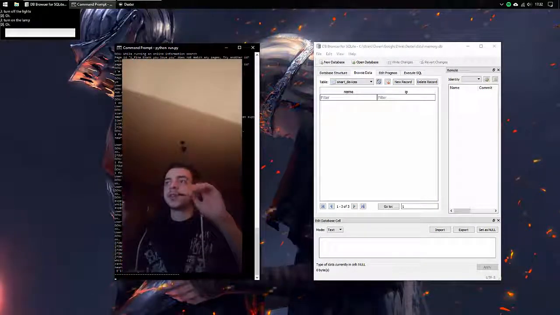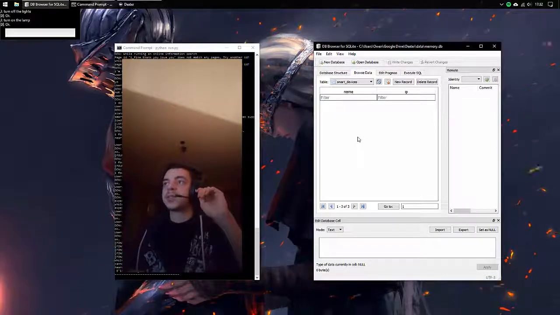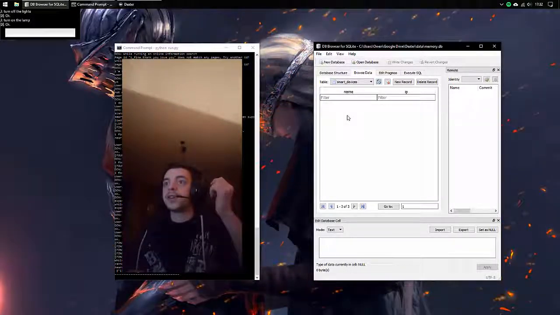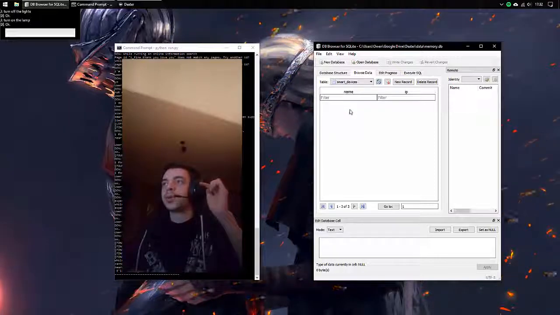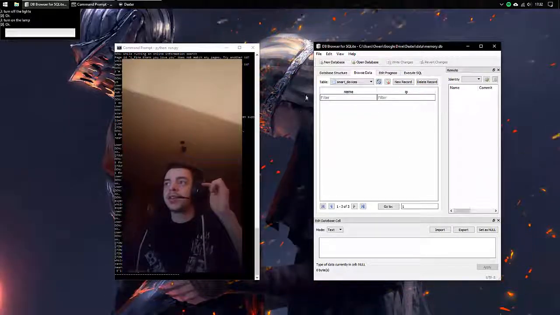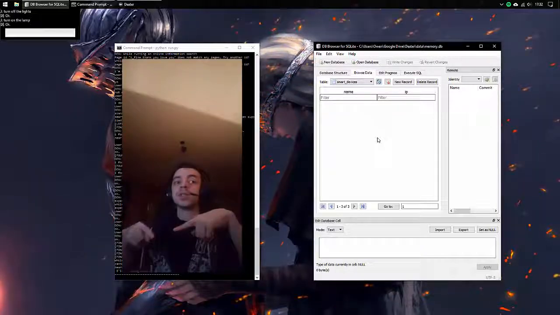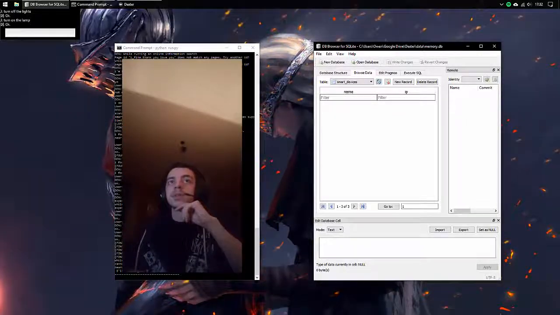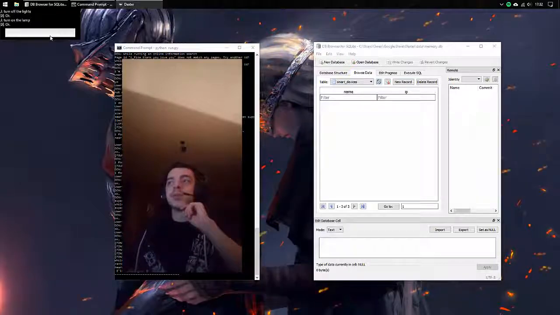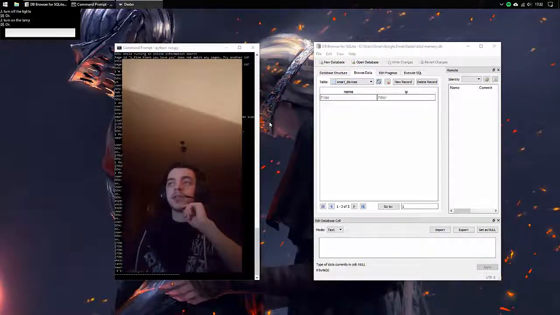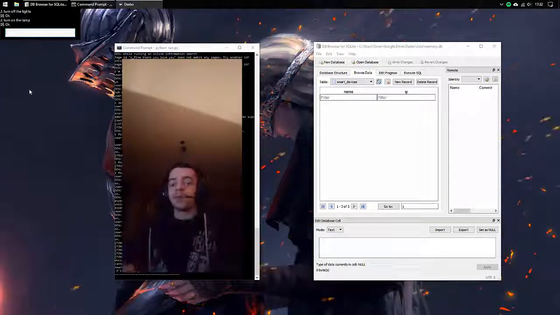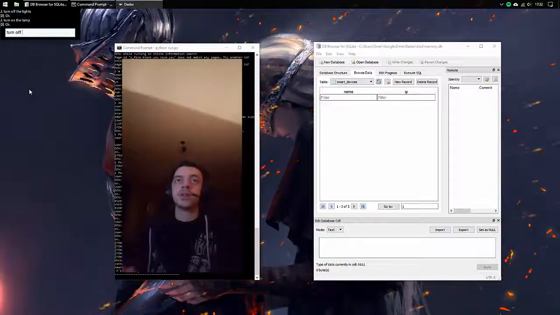Okay, so what we have here on the right-hand side is Dexter's database, and we're in the smart devices table. So what we're going to see is any smart devices that he is connected to or knows how to control are going to come up on the screen. At the moment, you can see that the table is blank. There's nothing in there. And if we tell him to turn off the lamp,